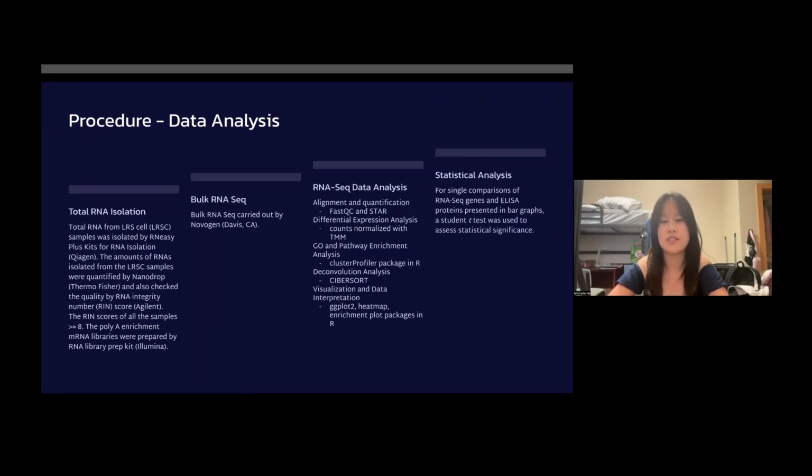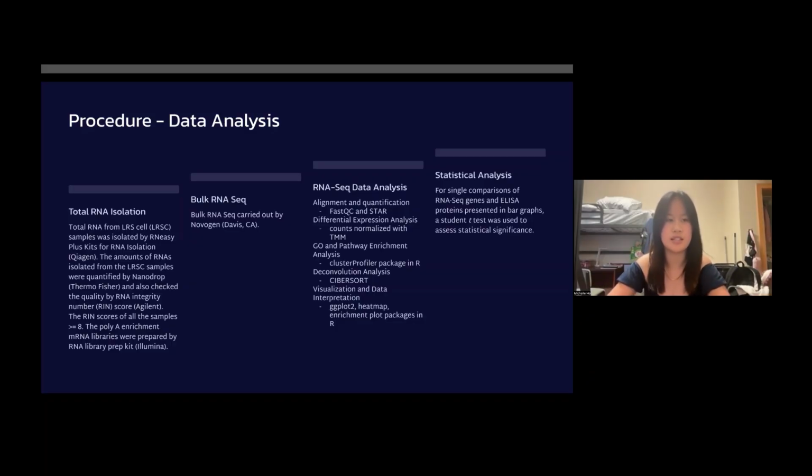I used FastQC and STAR. I also did DE analysis with TMM normalization. I also used the clusterProfiler package in R for GO and pathway enrichment, and used CIBERSORT. I also made my graphs and visualizations with ggplot, heat map, and enrichment packages in R. I also performed my single comparisons of RNA sequencing genes and ELISA proteins, and I presented them in bar graphs